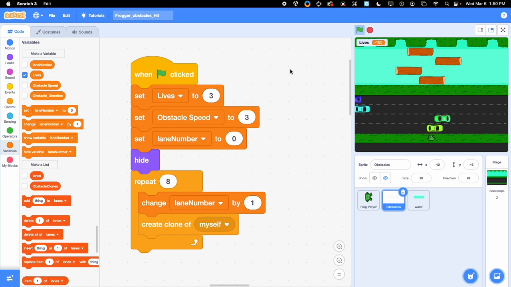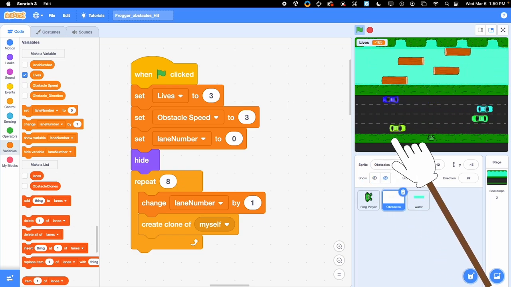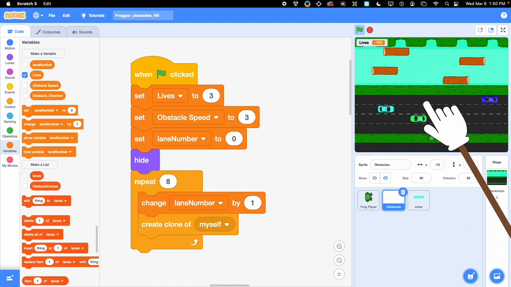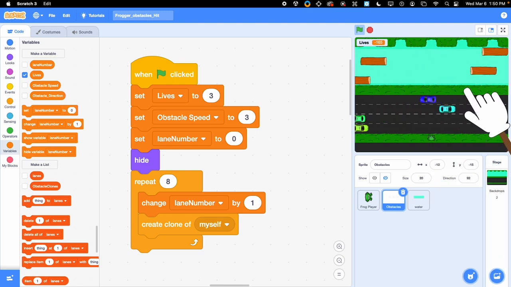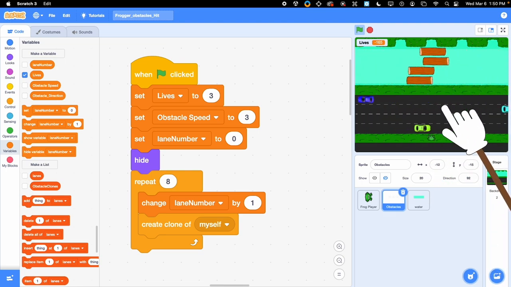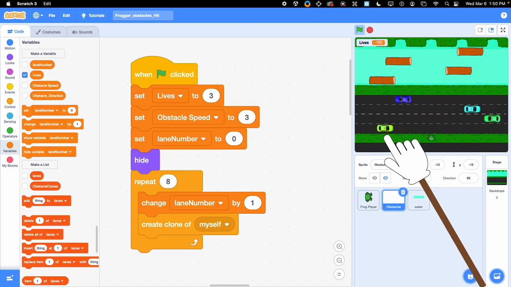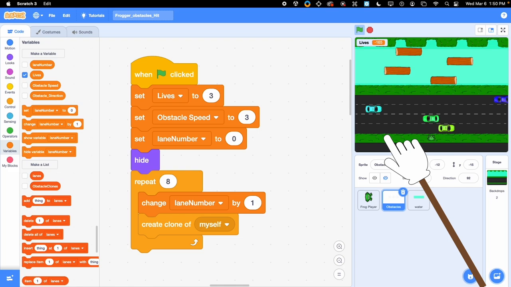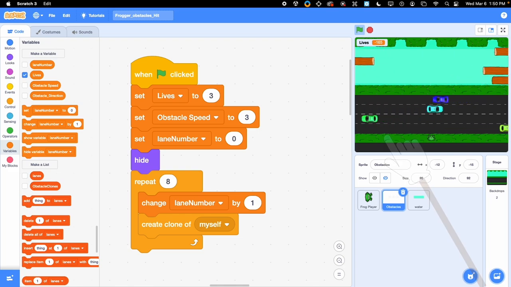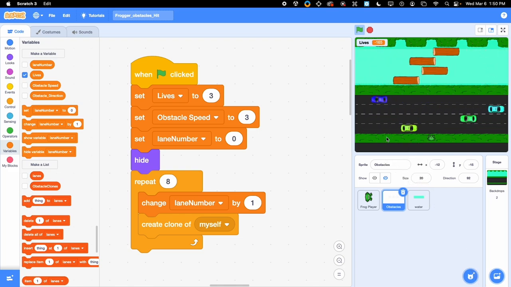Okay, everybody, we should be to the point where our game plays. And when it plays, it creates all of these different obstacles in 8 different lanes, 4 sets of cars, 4 logs, and they're all traveling in opposite directions. This is a very simplified version of the obstacles, and some of your challenges is to make those more complex